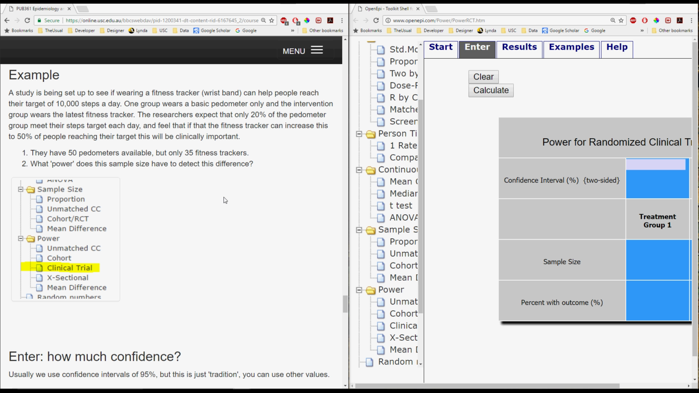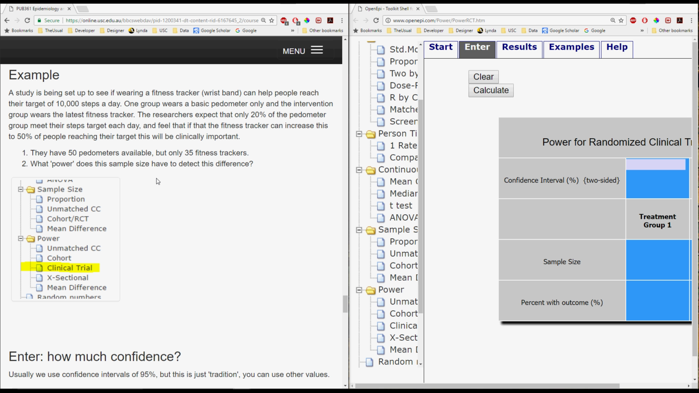So our example says that we've got researchers looking to see if wearing a fitness tracker will help participants reach their target of 10,000 steps a day. They're going to have a control group just wearing a basic pedometer, and a second group wearing the latest fitness tracker. The researchers expect from their previous work that 20% of the pedometer group will meet their target each day, and they think that if the fitness tracker can increase this rate to 50%, then that would be worthwhile,